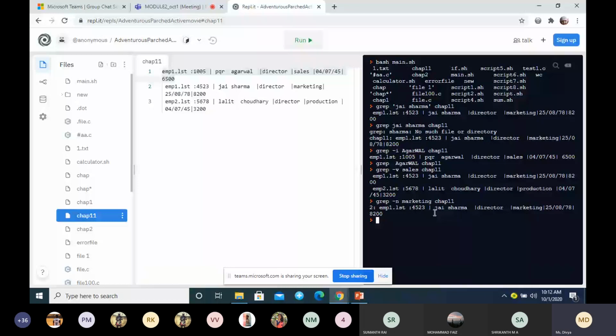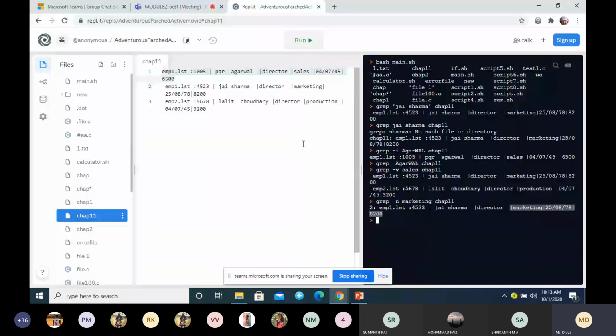Look at the previous one, and with minus n you will get the line number. So minus n is for displaying the line number. Along with this, it will show you line number 2. In the second line, you have the pattern marketing. Here you can see this is line number 2.